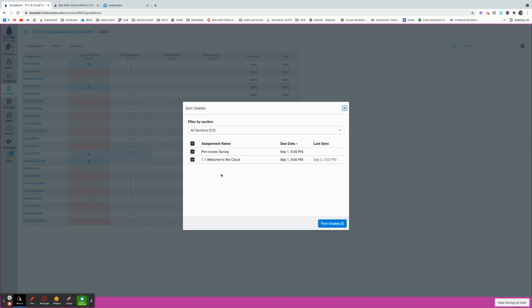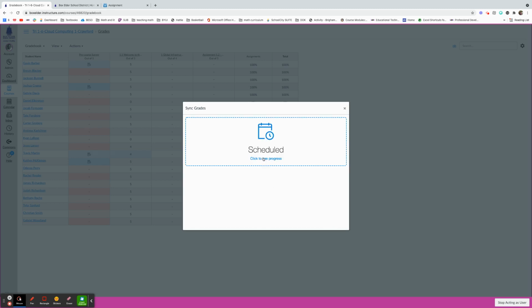Now, if you sync multiple times, it will not create new assignments. It'll just update the scores that you've updated in Canvas into Pinnacle, so you don't have to worry about it creating multiple assignments. When you click on it now, you can also change your sections that you have, however you would like to do it. But then you hit post to grades, and when you hit post to grades, now you can see